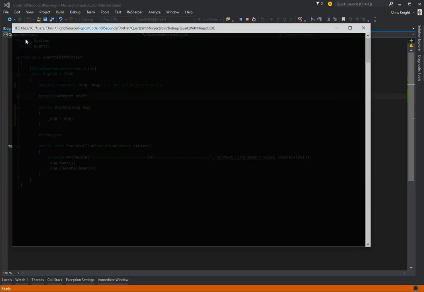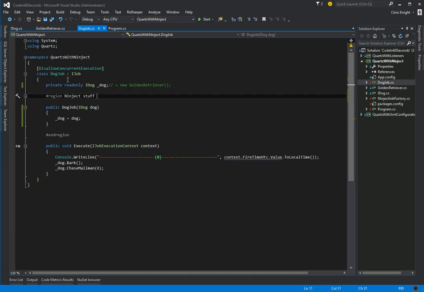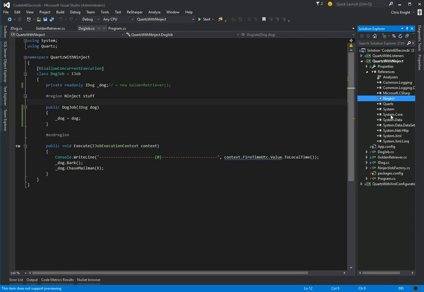We're going to see that nothing's being printed here, and what's happening under the covers is Quartz is trying to fire this job and new up DogJob, but it's not able to because it doesn't know how to provide this. Hence, we're going to be adding Ninject to provide the dependency injection for us. So first thing we need to do is add the Ninject library to our project, which I've already done. You can just snag that via NuGet, and you don't need any of the other extensions, just the base library,